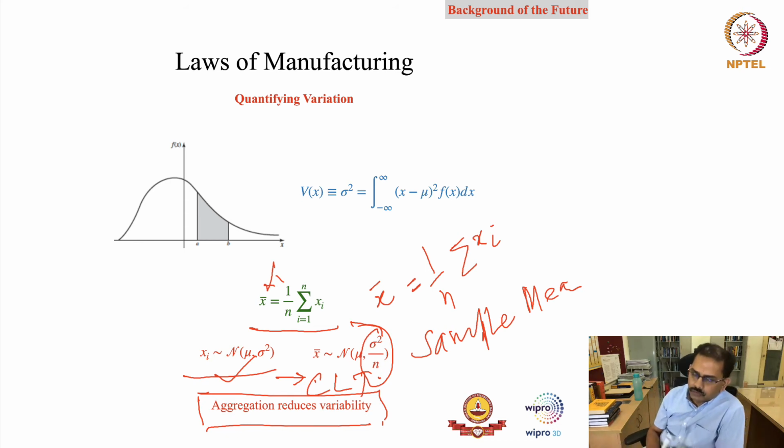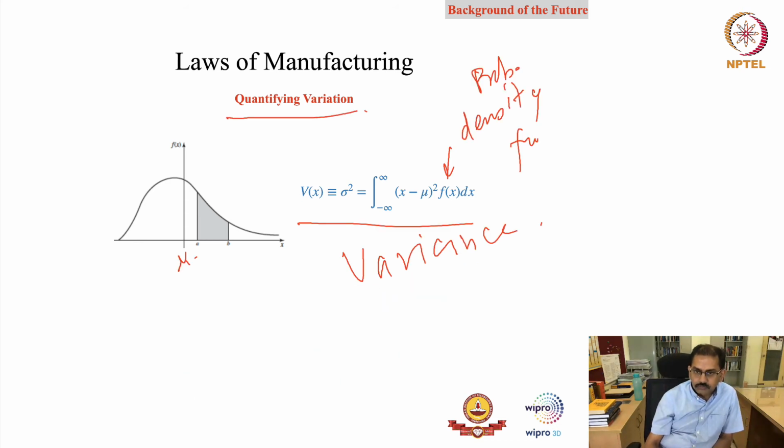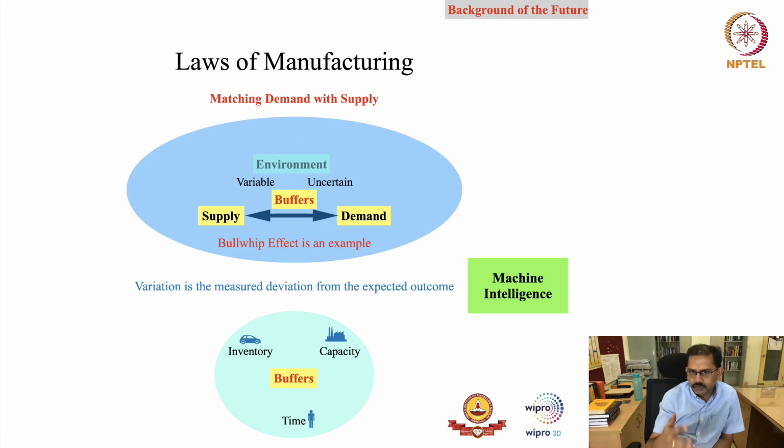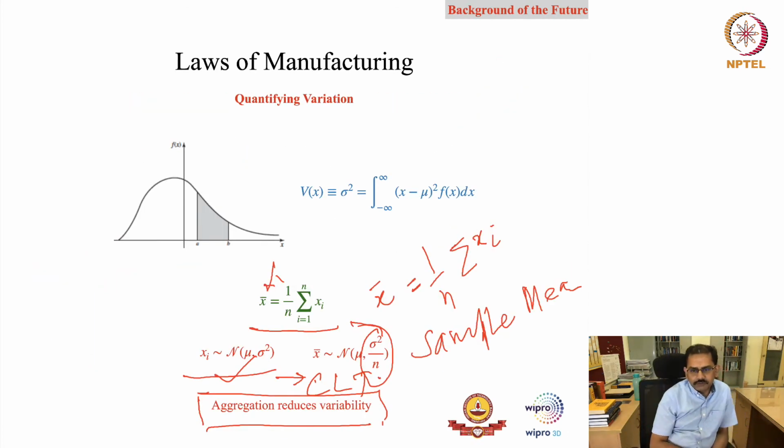So the question is, is it possible for us to reduce demand variability, right? So demand is more or less exogenous. I cannot change too much on the demand side, right? So demand comes with its own variation. But can I use some strategies to actually reduce the variability of demand? Correct. So we will be discussing some of these ideas